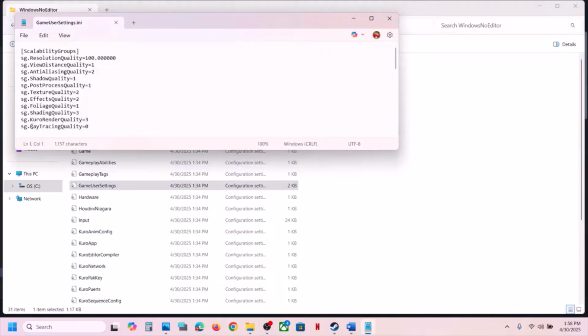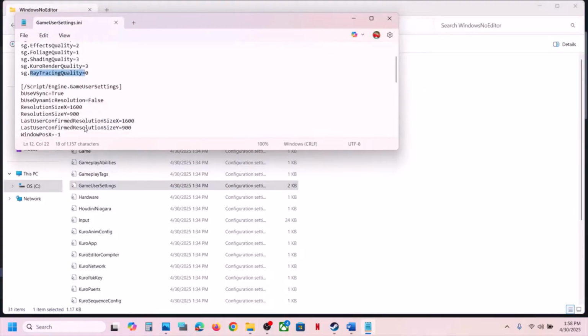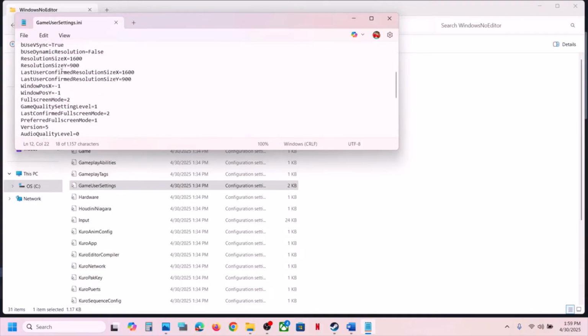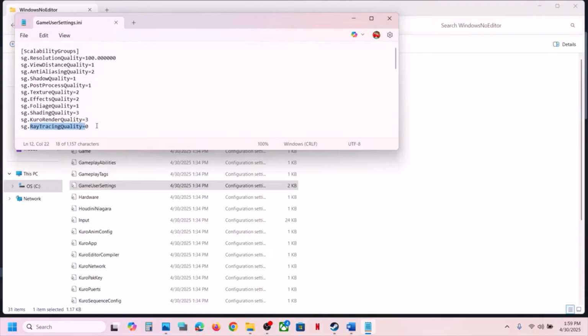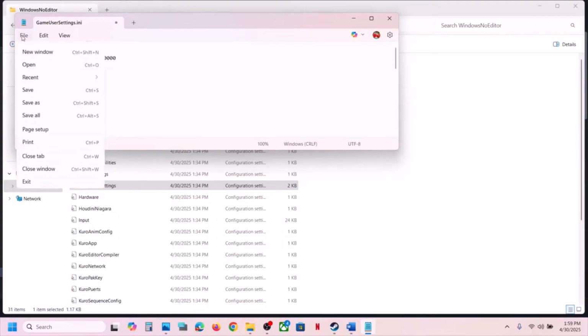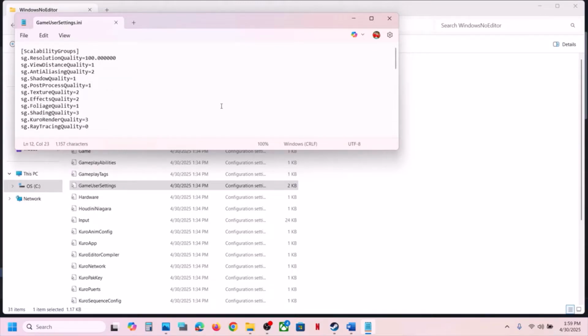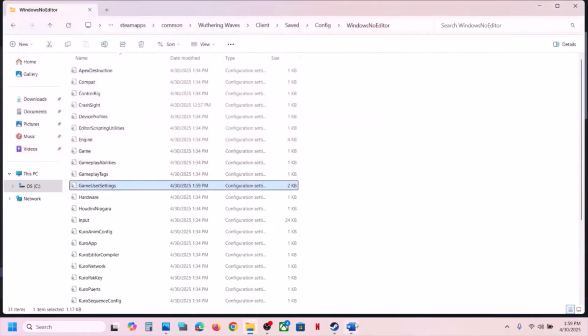Over here you can see ray tracing quality. Let me check. So over here you can see ray tracing. If this is set to 1, so by default if ray tracing is on, it should be 1. If this is set to 1, you can set it to 0. Just change the value to 0, then go to file and click on save, then launch the game and check. If that does not work,